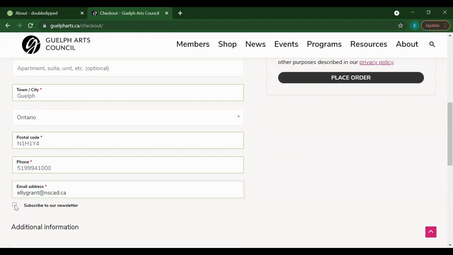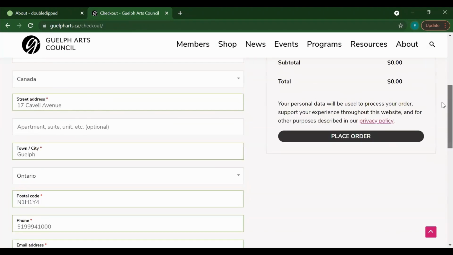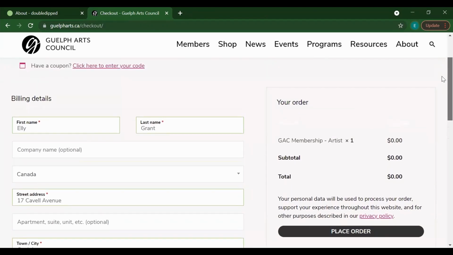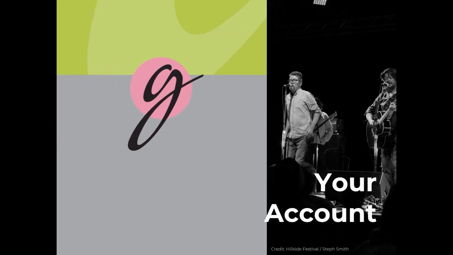And while I'm here, I'm going to subscribe to our newsletter because I want to see all the news that GAC has to offer. Thanks, Ellie. Yeah, of course. So over on the right side here, once you filled out your information, you